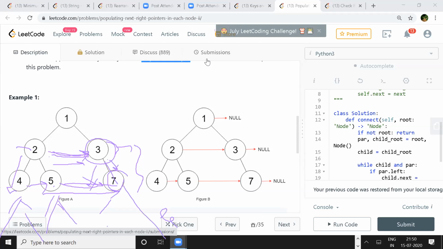Yeah, I think Uday had that code, right? Yeah. Sorry, I'll just delete this.